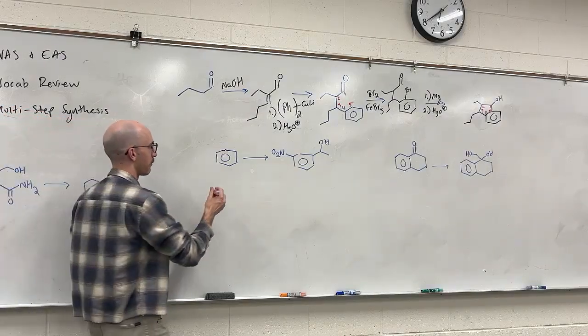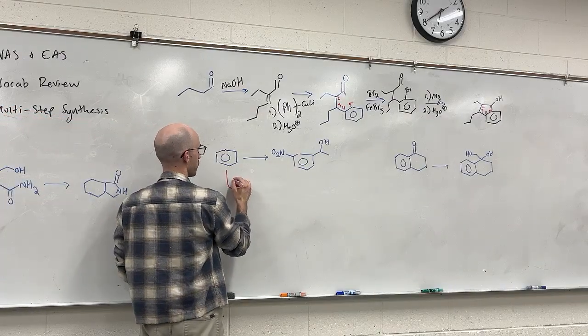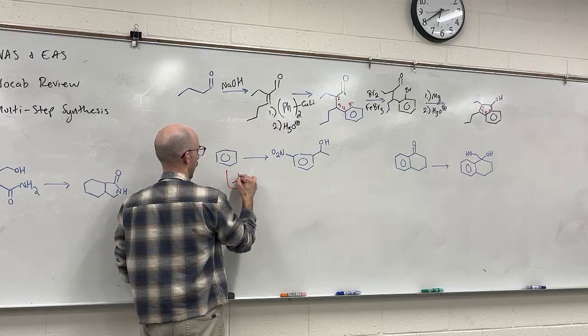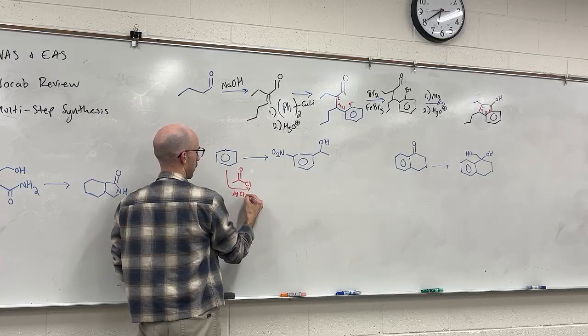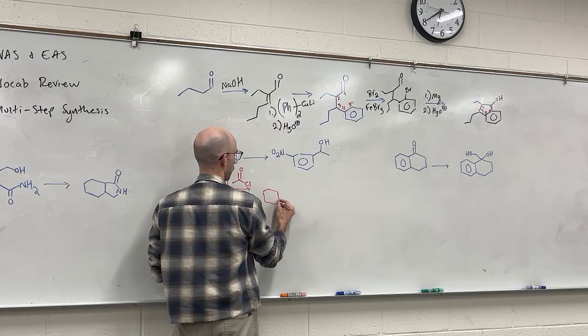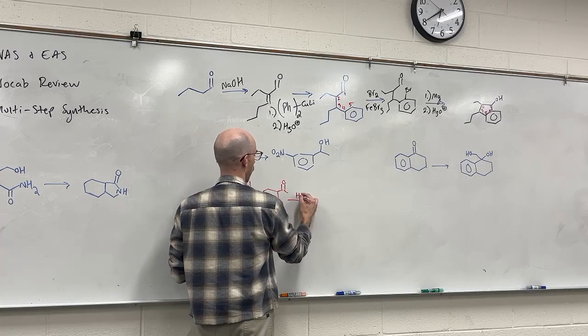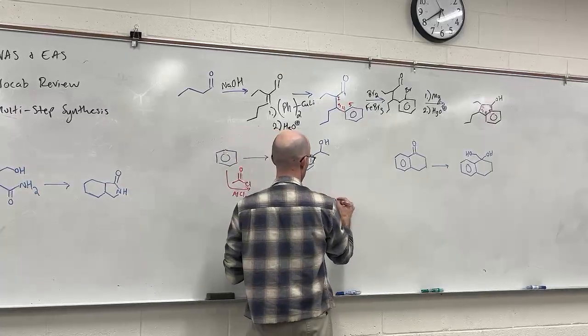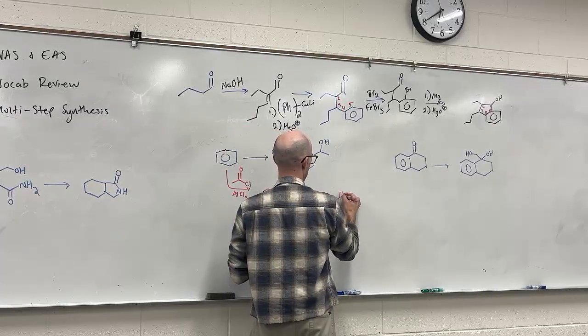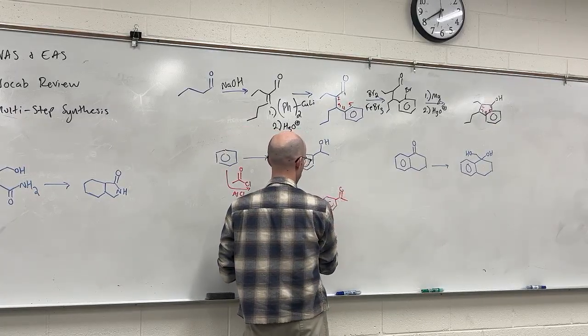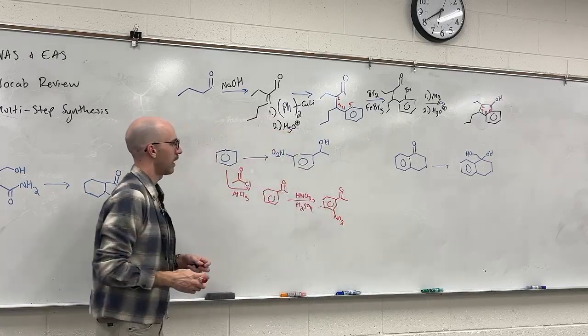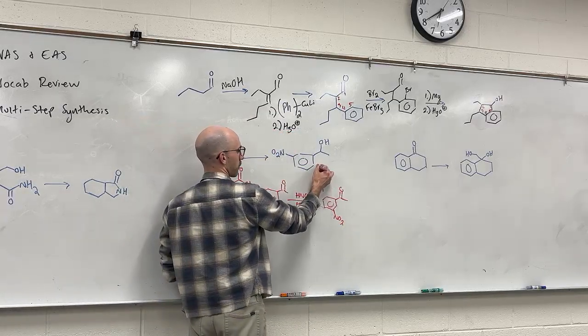The way that I had envisioned this was to first do acylation and create an acyl group that is a meta director, and then run nitration